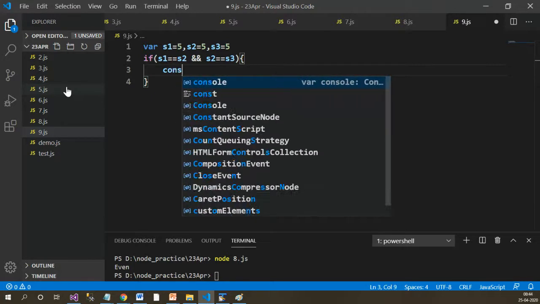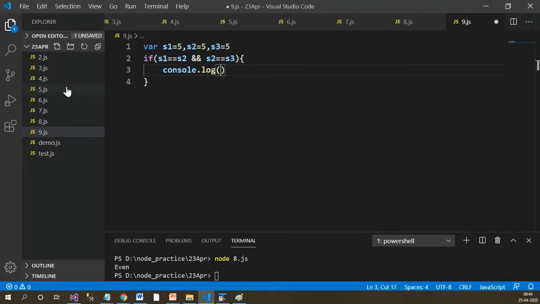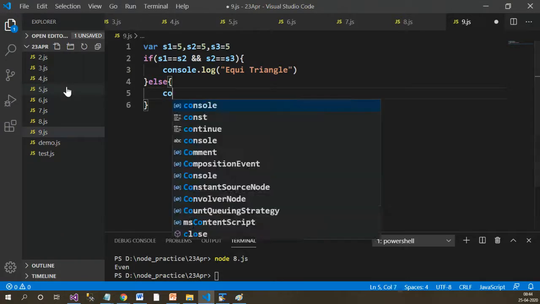So console.log, let's print it, that is equilateral triangle, else not equilateral triangle.